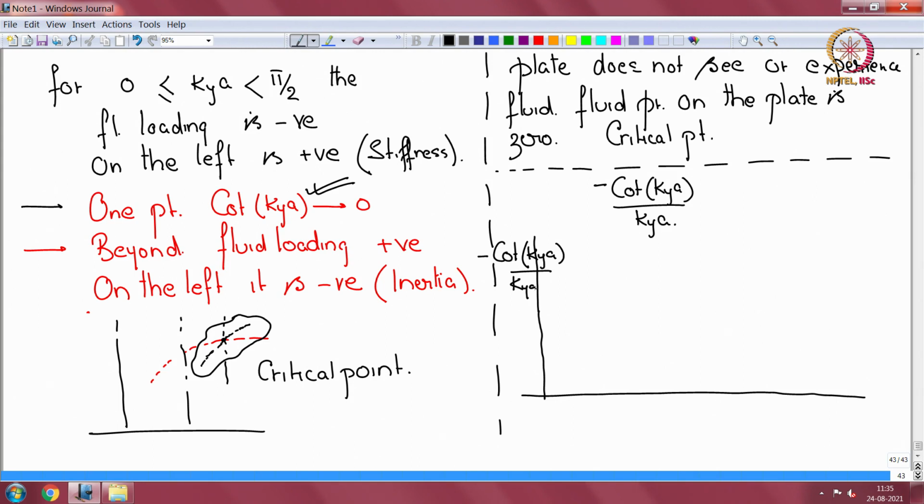I am going to plot it with respect to non-dimensional frequency. So this is omega equal to 1,